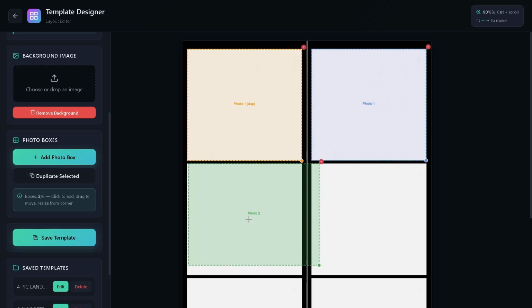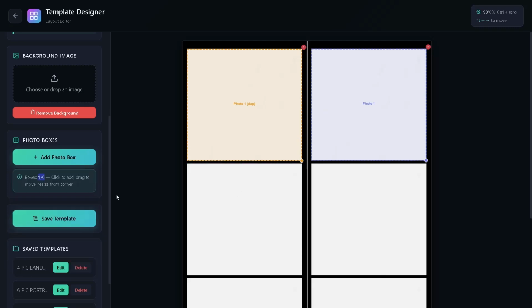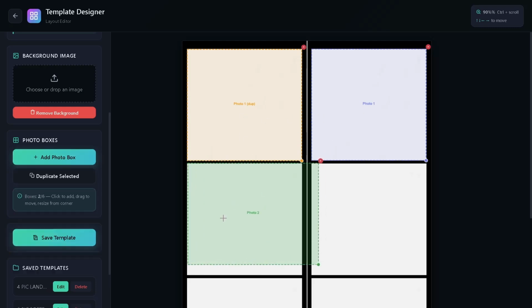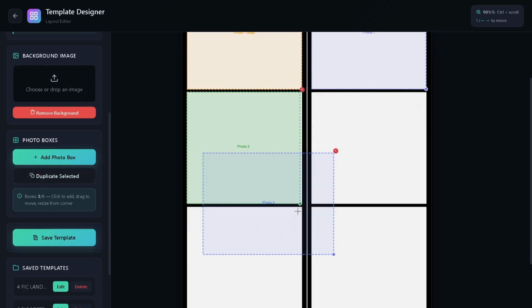And yeah, so now you can add more photo boxes if you want. Each time you add a photo box, it will increase this count, but duplicating will not increment it. So as you can see here, you can delete this. It just says 1, but we have a duplication. That means it's just using one photo. If we add another photo box, it will add another one here. So you can keep adding more. So that's it.